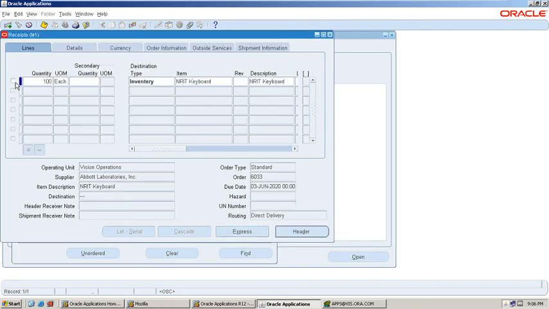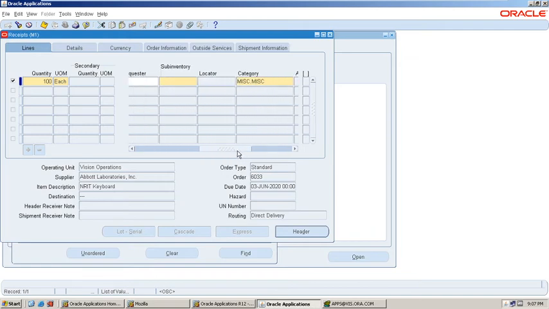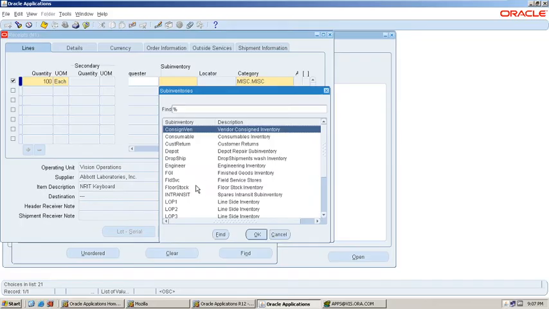Then, how much quantity are you generating the receipt for? For 100 quantity we have requested, and destination type is inventory. What is the item? The NRIT keyboard description, and then the sub inventory: which location the item should be delivered to.